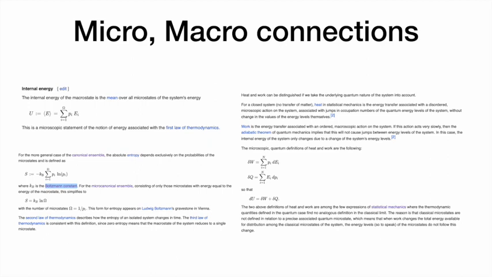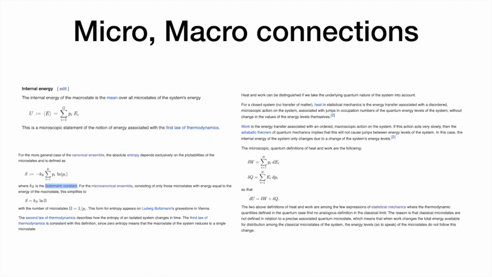The microscopic quantum definitions of heat and work are the following. δW = Σ (i=1 to n) pi dEi. δQ = Σ (i=1 to n) Ei dpi. So that dU = δW + δQ. This definition was discussed previously. So this is how the two above definitions of heat and work are among the few expressions of statistical mechanics